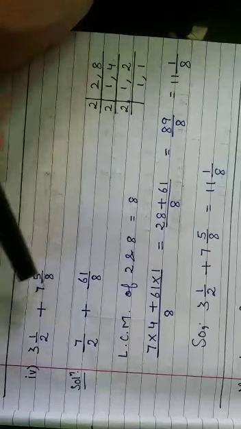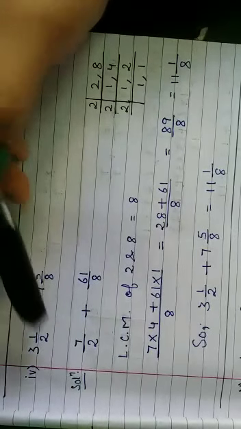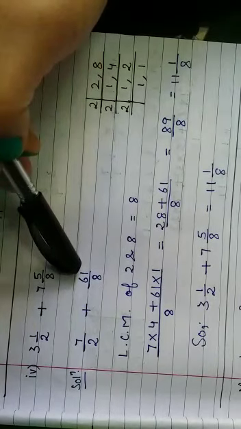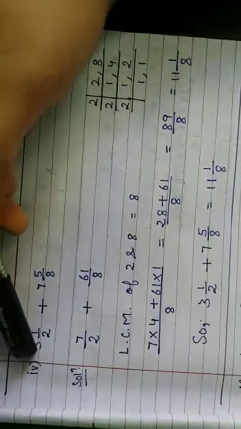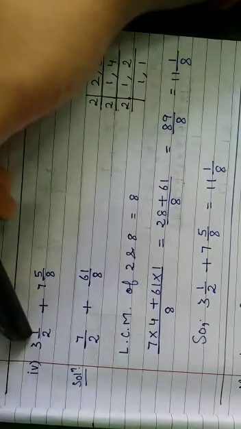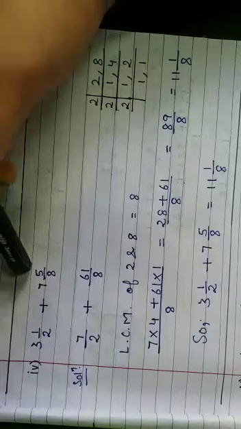Okay. Next we have mixed fractions. If we have mixed fractions and we have to add or subtract them, the first thing we have to do is change those fractions into improper ones. I told you how to convert a mixed fraction into improper. First we multiply the denominator by the natural number, then we add the numerator. So 2 3s are 6 plus 1, 7 upon 2. 8 7s are 56 plus 5, that is 61 upon 8.